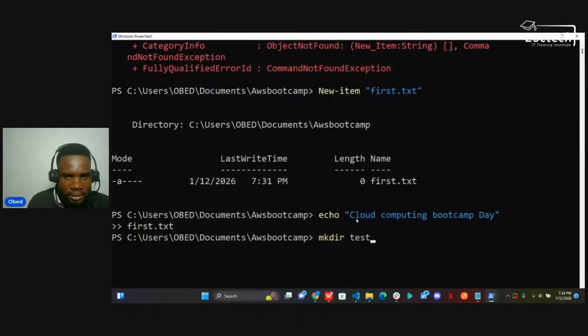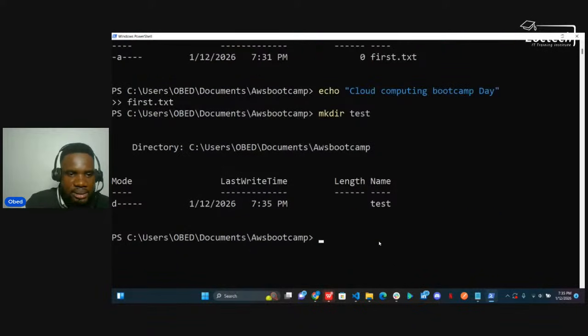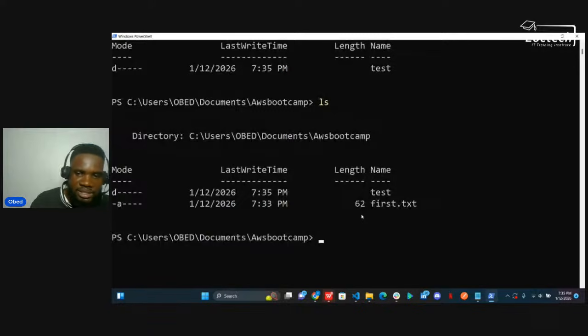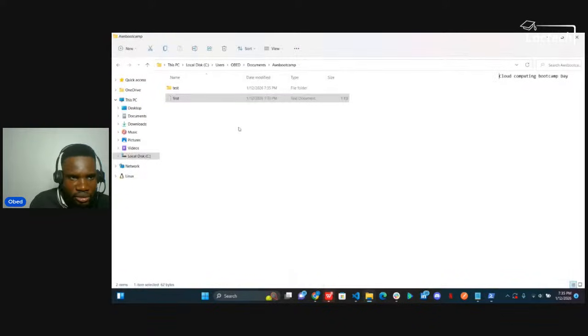So right here, I want to create a new folder, right? mkdir test. mkdir here stands for make directory. I have that. Now ls, let me see what I have inside my AWS Bootcamp folder. I have folder test and I have a file first.txt. Let's quickly go over to the visuals. I have this, I have this.